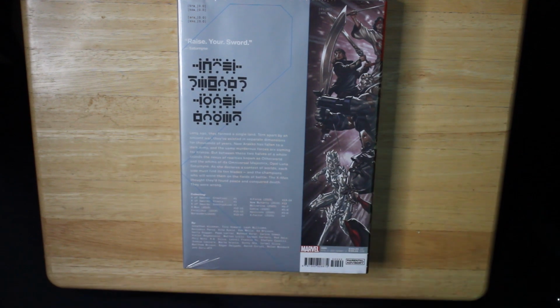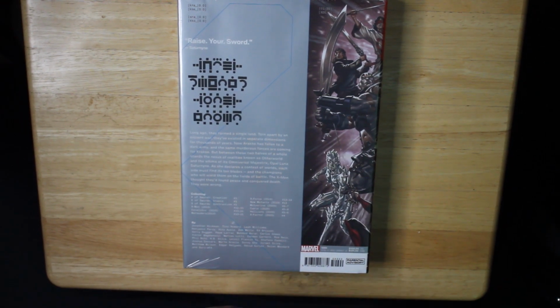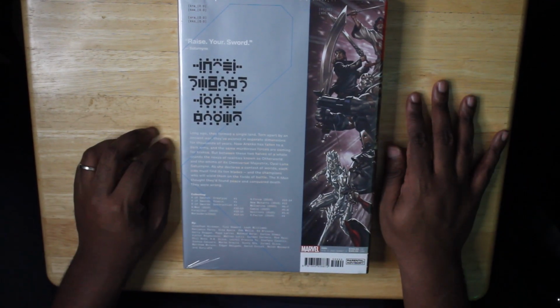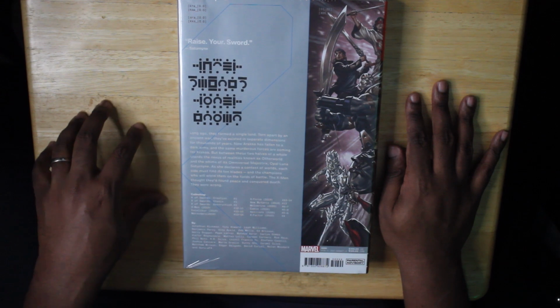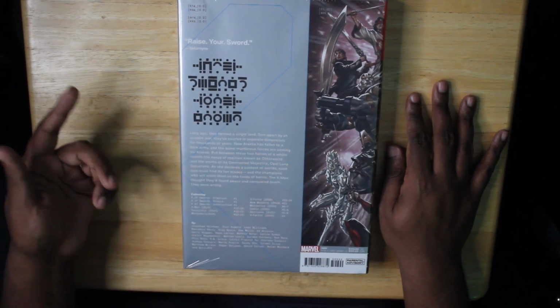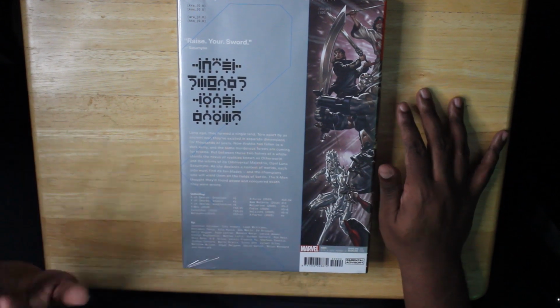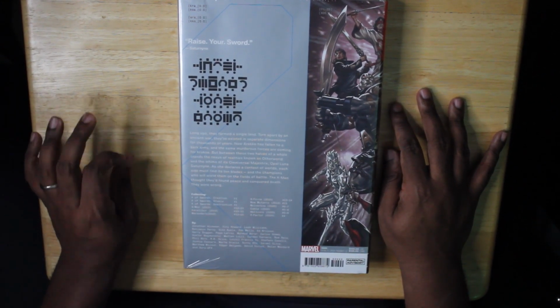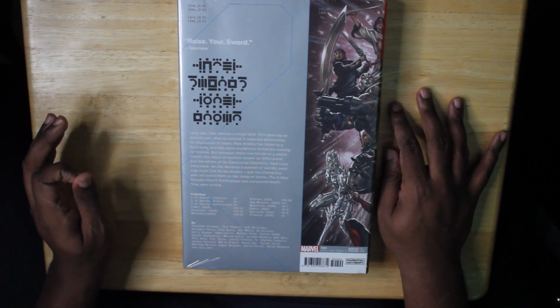Long ago, they formed a single land, torn apart by an ancient war. They've existed in separate dimensions for thousands of years. Now, Arakko has fallen to a dark army, and the same murderous forces are coming for Krakoa. It's probably good to say Arakko and Krakoa more toward the beginning, right? But anyway. Between these two halves of a whole stands the nexus of realities known as Otherworld, and the whims of its omniversal majestrix, Opal Luna Saturnine,